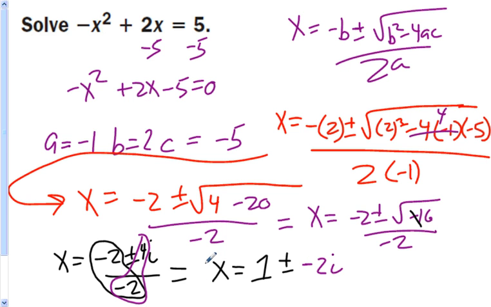So my solution is x is equal to 1 plus or minus negative 2i. This is a complex number. We got the real and the imaginary part. What this is saying is that if you were to graph this equation, it has no x-intercepts. So it has no real solution